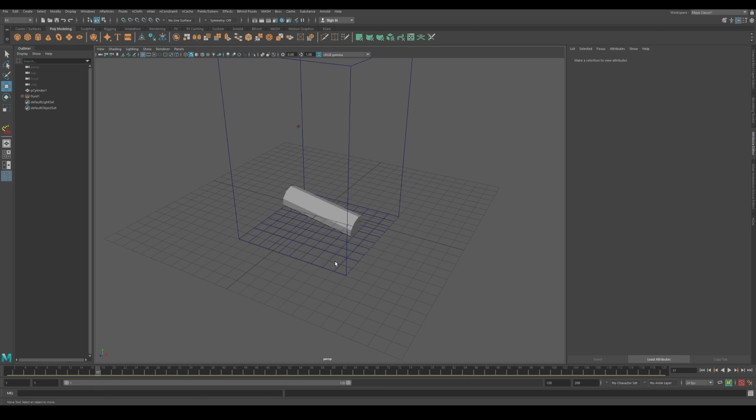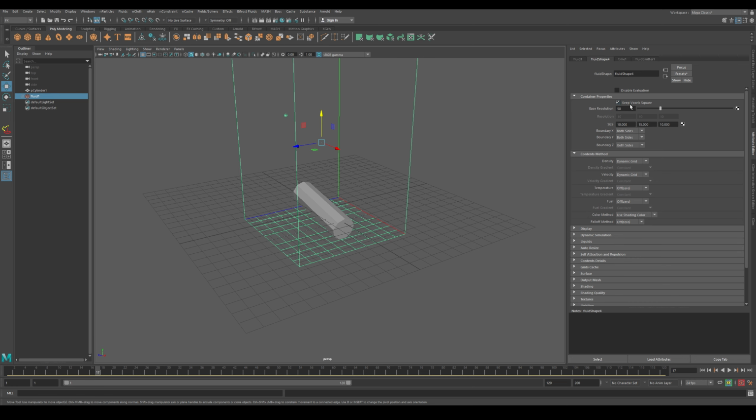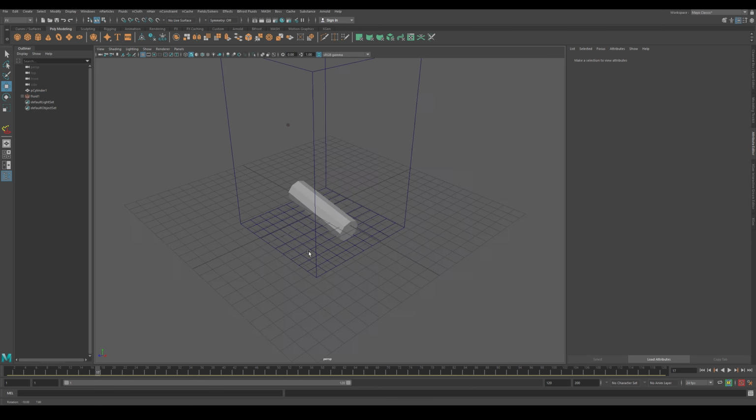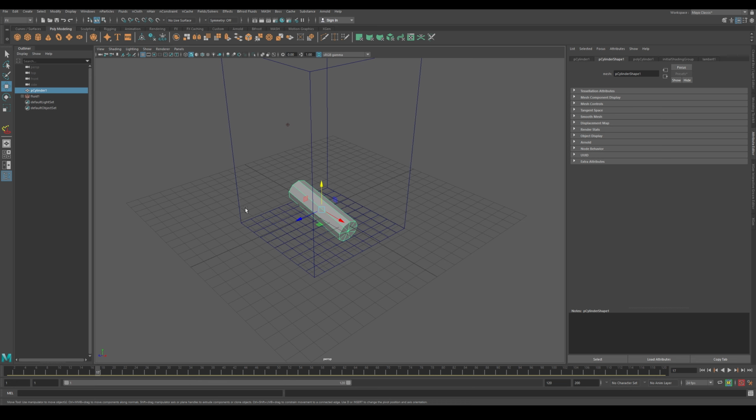Not sure why the grid doesn't update. Should be updating. Oh, whatever. Alright, and next thing what we're gonna do is select this, shift select the grid,